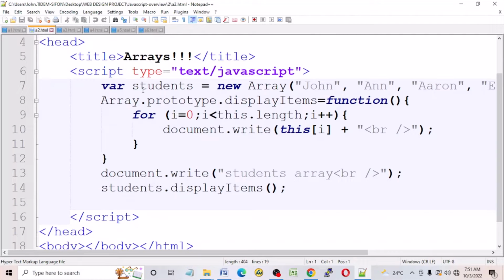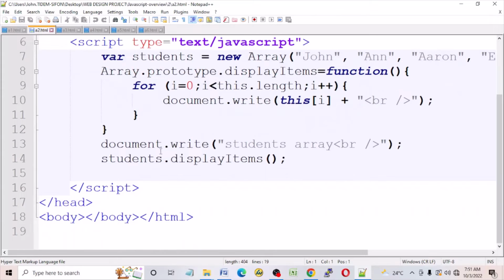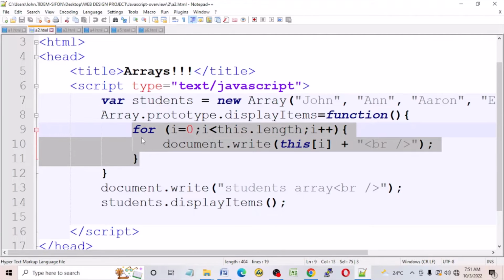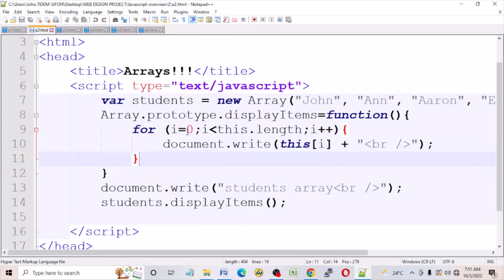So here we have an array with the values as shown there, and here we're telling it to display the word student array, and we want this to display all the items that we've listed under our array. But if you notice here, we use a for loop. So the for loop will start from array index 0, which is John, and scan through the entire length and keep incrementing one at a time. And it will write the first one, and the next one will move to the next line because of this